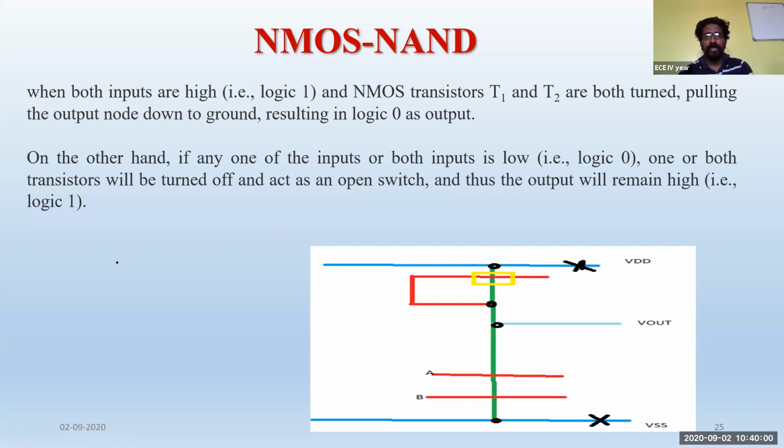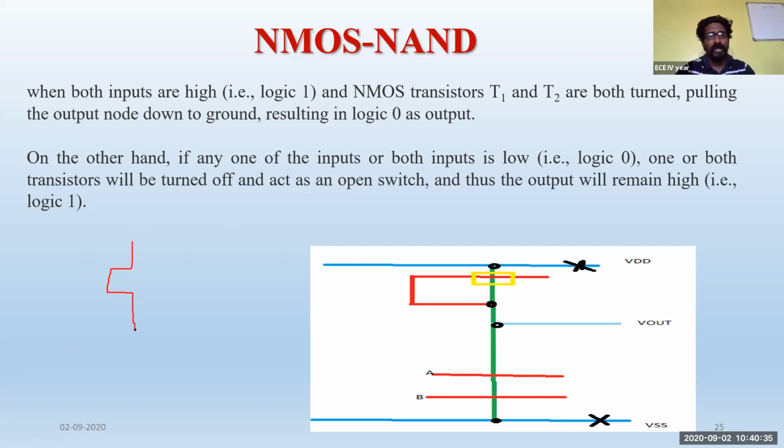Whenever there are two terminals, always keep in mind the pull-up transistor will be an NMOS. I'm trying to draw that one, I'll see whether we can make it or not. First of all, I'm unable to find where my cursor is. Yeah. If I need to draw the NAND gate, how to draw the NAND gate? We know that it's an AND operation. The PMOS should be connected in parallel. Both the PMOS should be in parallel, and the NMOS will be in series. But now here, the entire PMOS, how to convert?